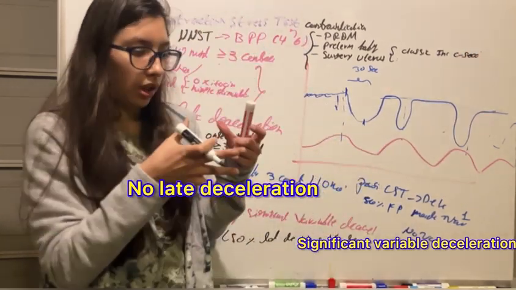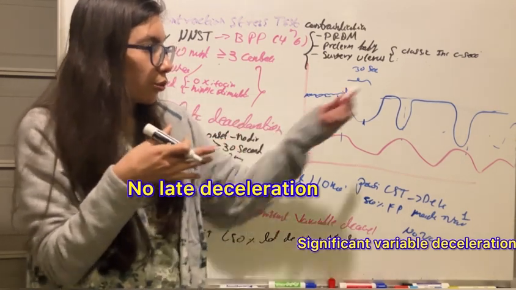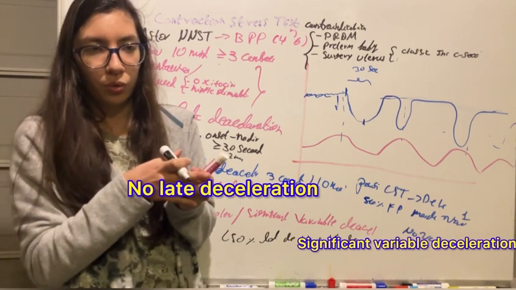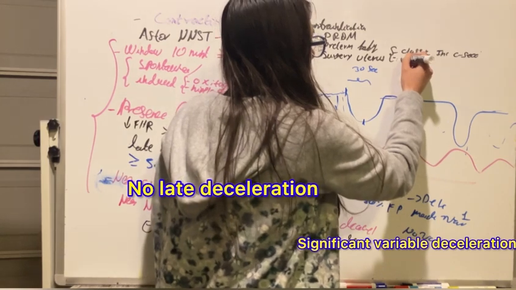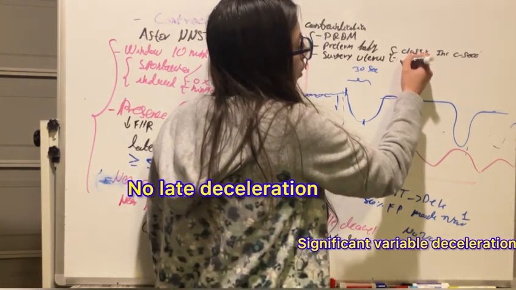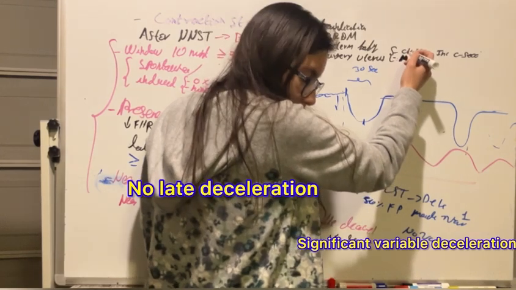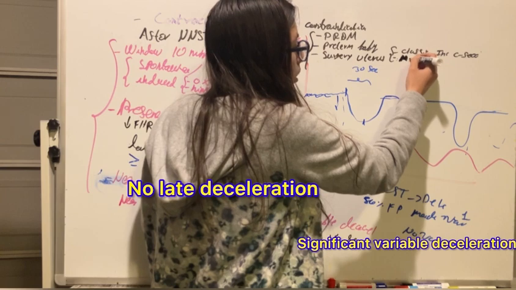Well, remember that if the lady has a contraction in a uterus which has a classic C-section incision, there is a risk of uterine rupture. Or if we have had surgery for endometrial uterine polyps, so myomectomy,